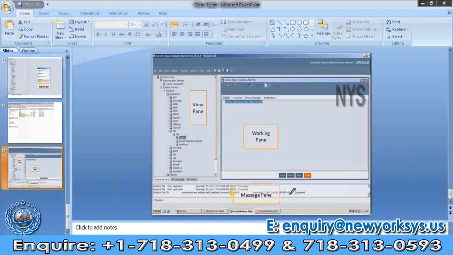The message pane shows you when you logged in or logged off. Here you can see the log off time, login time, and if you have made an error, it will even show you what the error is. Everything will come into the message pane.